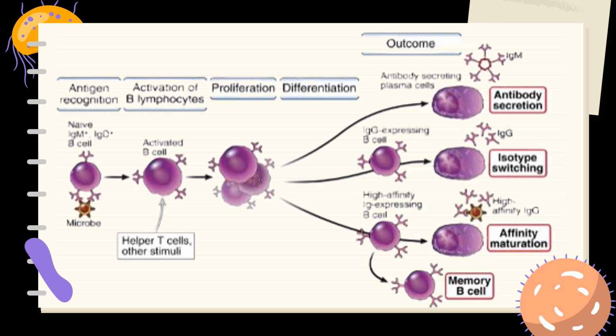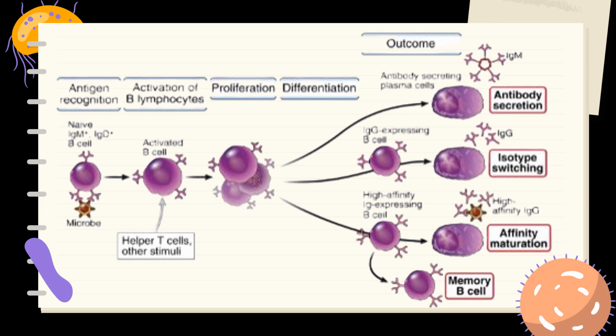In antigen recognition, we start off with naive B cells that are expressing membrane-bound immunoglobulins like IgM and IgD, which encounter and bind to a microbe. Once activated, these B cells will undergo clonal expansion, leading to proliferation followed by differentiation. In differentiation, B cells mature into plasma cells specialized for antibody secretion, undergo isotype switching or affinity maturation, and/or they